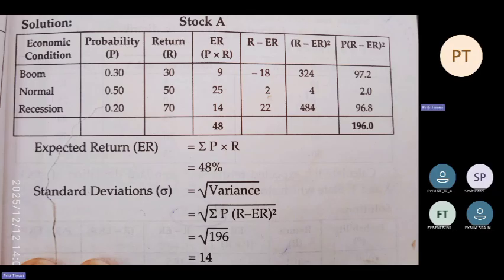Okay, I'll discuss the solution like this only. You can have a calculator with you so that you'll be able to check how it is done. So the first thing what we were discussing is the probabilities are given and the returns are given. To calculate the expected return, the formula over here is summation of P into R, probability into returns. 30 into